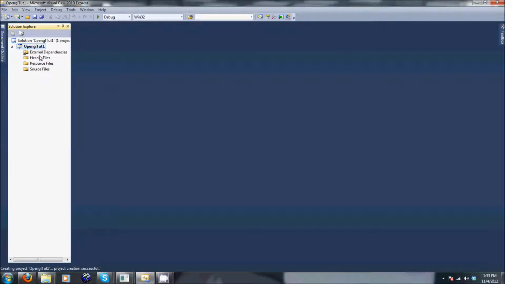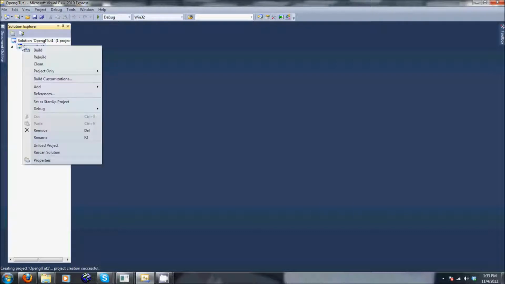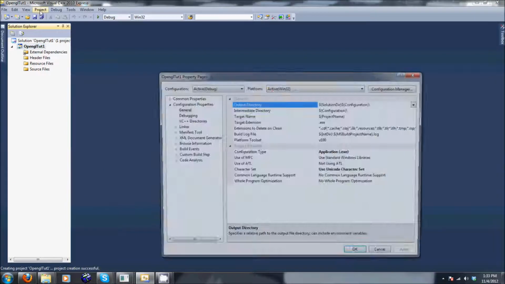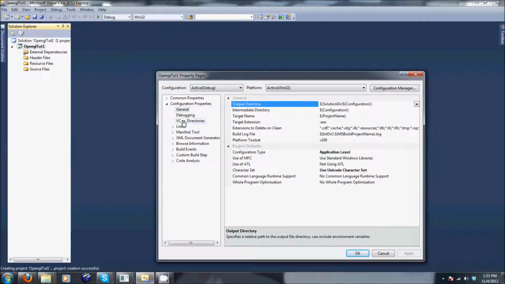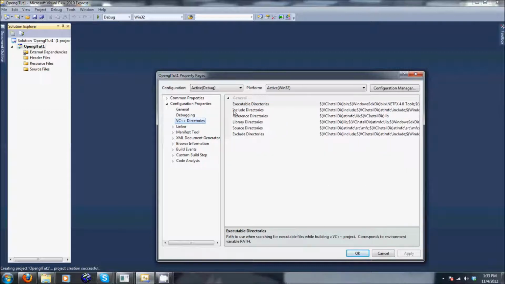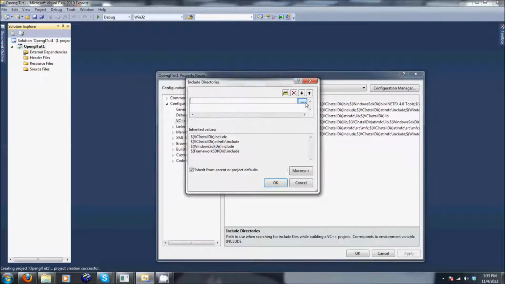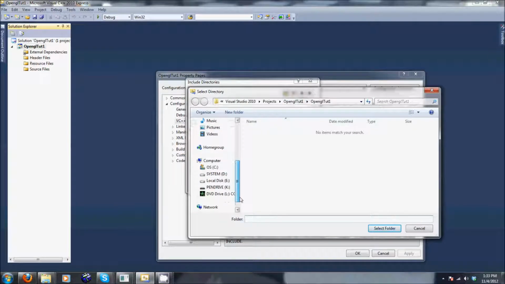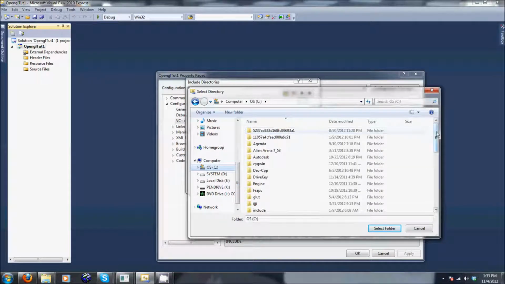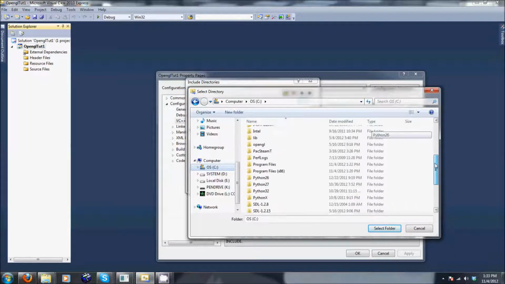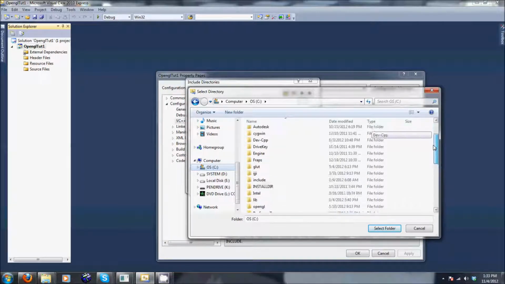So now over here you have 3 folders: your resource files, your header files, and source. The only 2 we're going to need are probably header files and your source files, and this is your project. So immediately click on your project and hit properties, or you could just go to project and properties, go to VC++ directories, click on that, include directories, just hit the drop down list and hit edit, and basically what we're going to do is include all the OpenGL files so we could run OpenGL